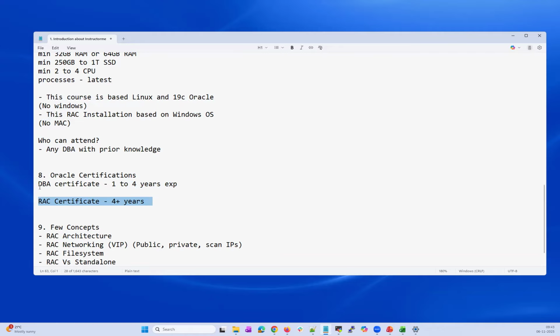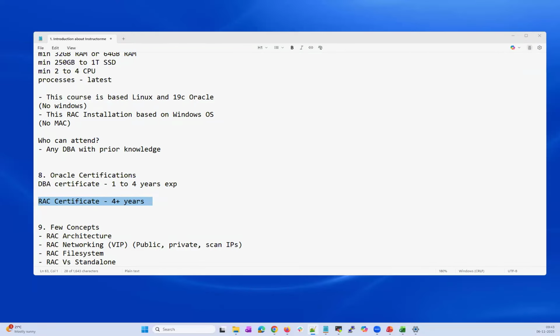So if you are a junior DBA, you have to complete this database certificate, and if you are a senior DBA, you have to complete this RAC certificate. Let's say I have 10 years of experience, the RAC certificate is a must. Let's say I have 2 years of experience, then database certifications are a must. RAC you can look for after 4 or 5 years.